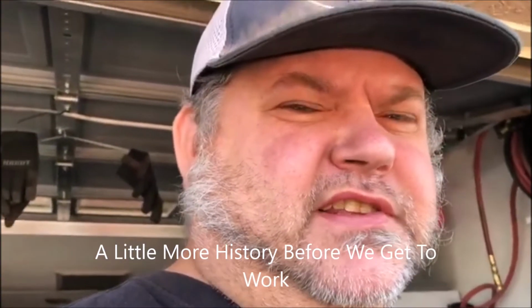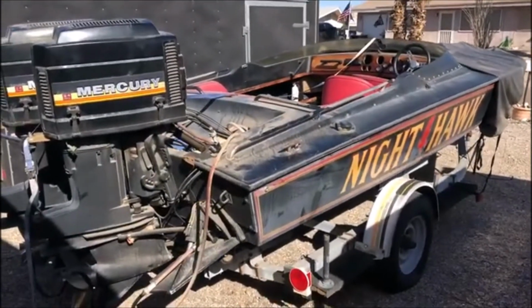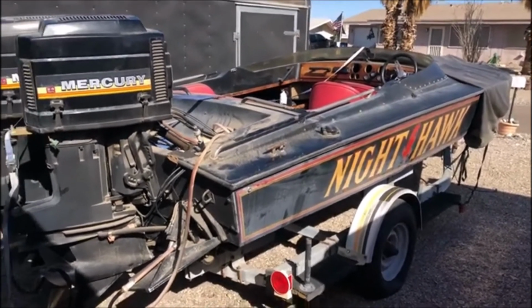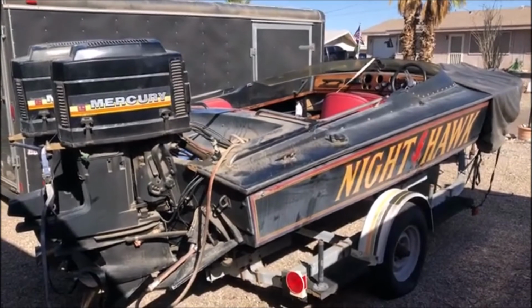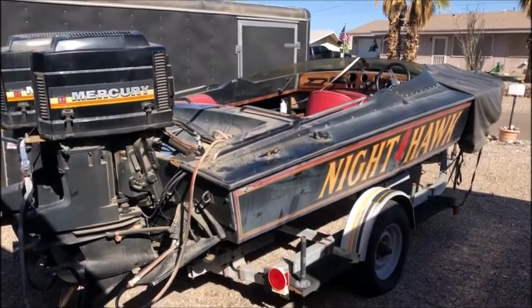Of emotion, if that's the right way to say it. Well, this is the Nighthawk. This was a commissioned race boat back in '81 from the Shazuli brothers out in New Jersey. They were an auto dealership, and this is